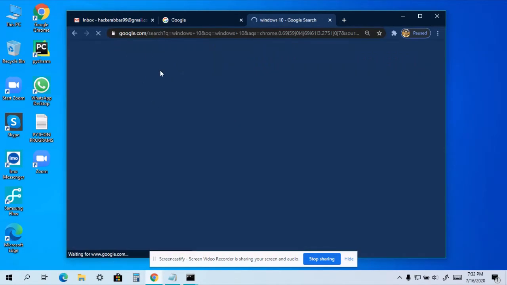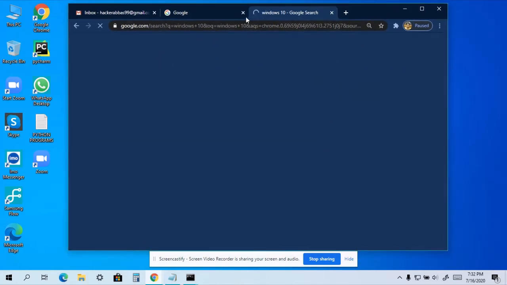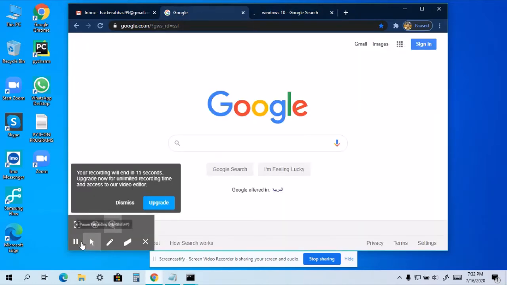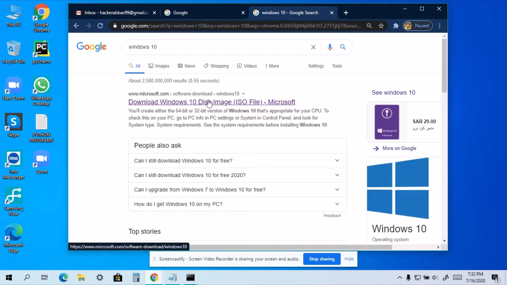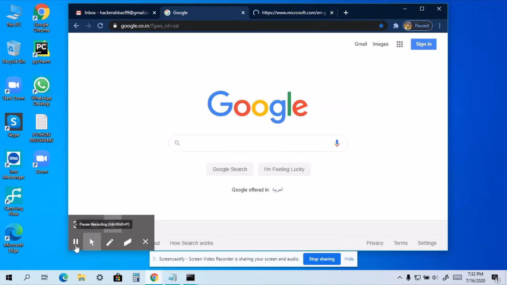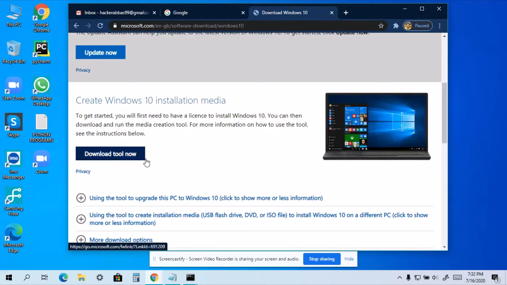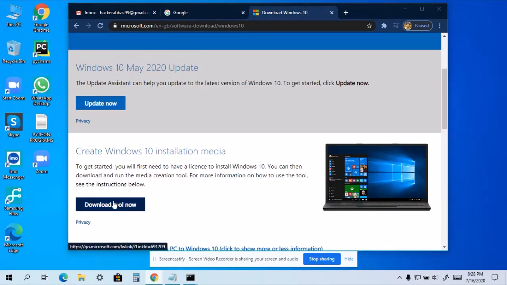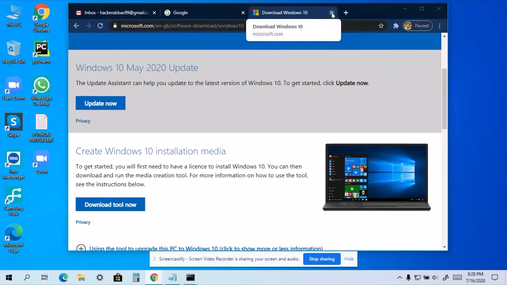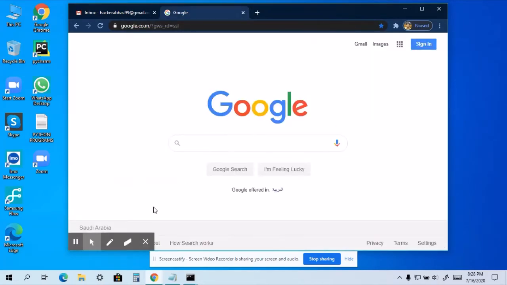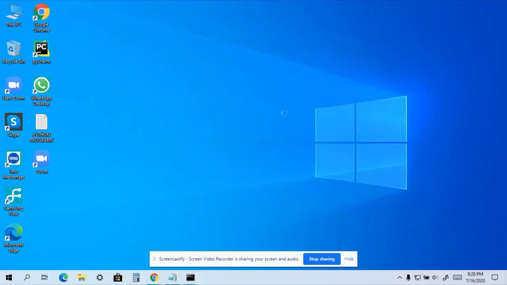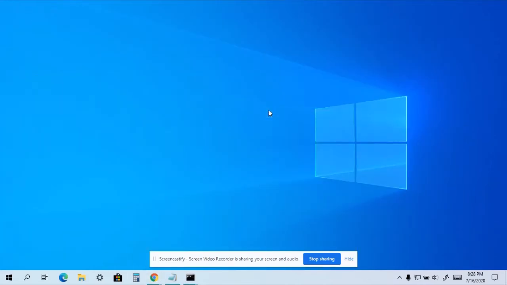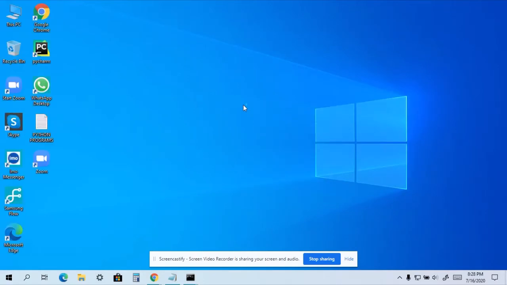Then this page will load up. Click this, and then download the tool and run the tool. After downloading the tool, run the tool and install Windows 10 again. Once you do that, your PC will be ready without any errors. After that, you can format your PC.